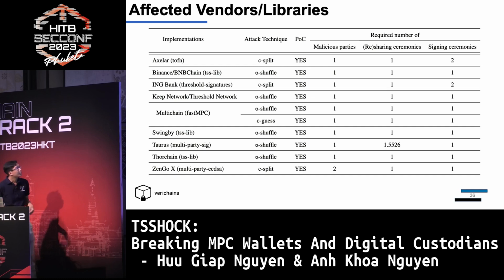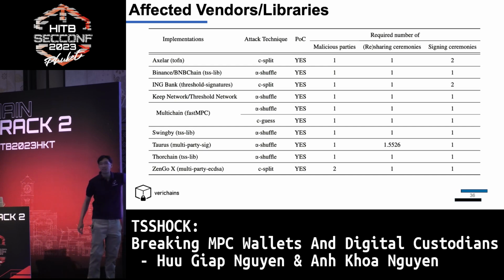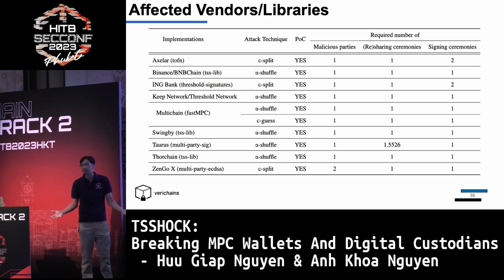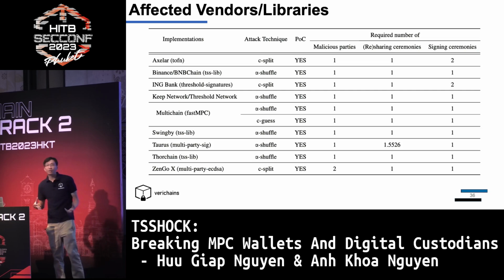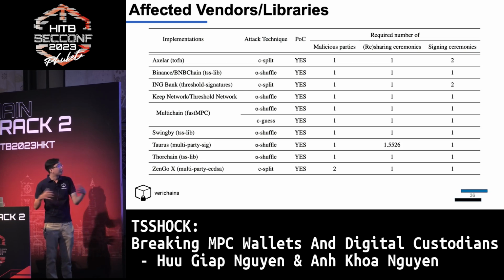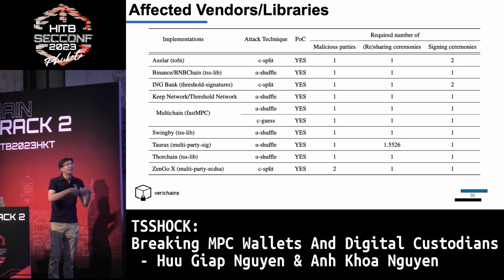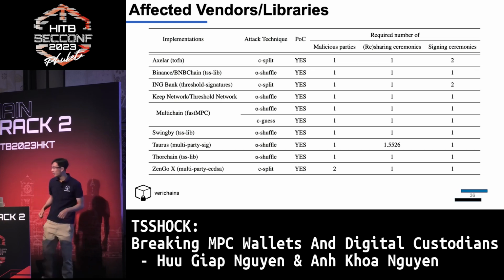Now, you can see more here that the number of malicious parties is almost always one, which means that in a successful scenario, you only need one malicious party. And you can see here that you only need one signing ceremony. So most of the time, if you have very good computing power, in this case we say 64 bits, then we can just get into the party, and after a signing ceremony we get the private key, and then we can just bail out and retrieve all the money without anybody knowing.